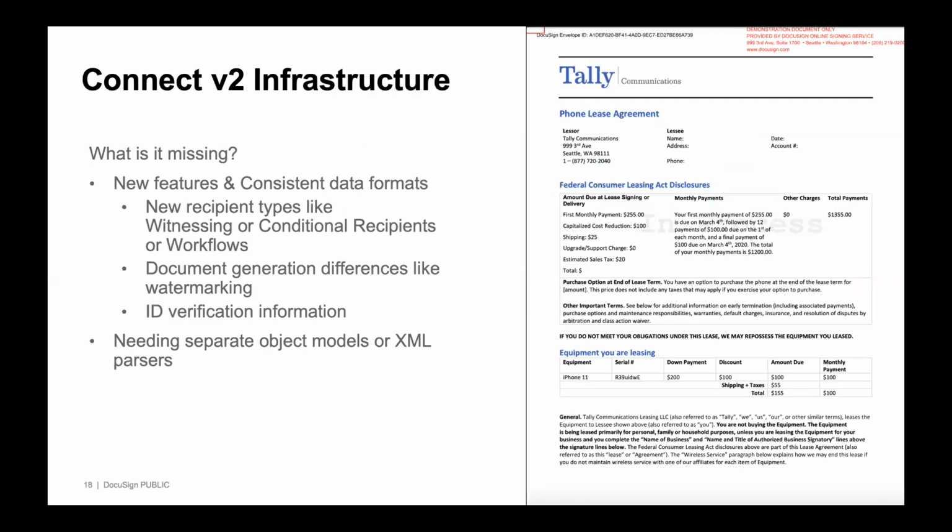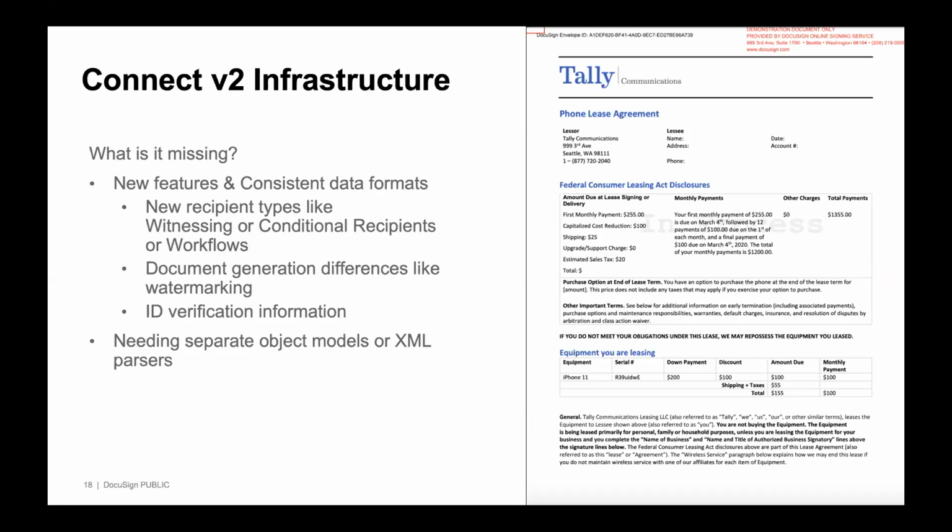Okay, so let's talk a little bit about exactly what is going to be new in the V2 infrastructure that the current, we'll call it the legacy payload, doesn't contain. So again, the big items are around new features. So if you're looking to have envelope flows that contain any sort of new feature in the past couple of years, this upcoming V2 infrastructure is going to be something that you'll need to take a look at.